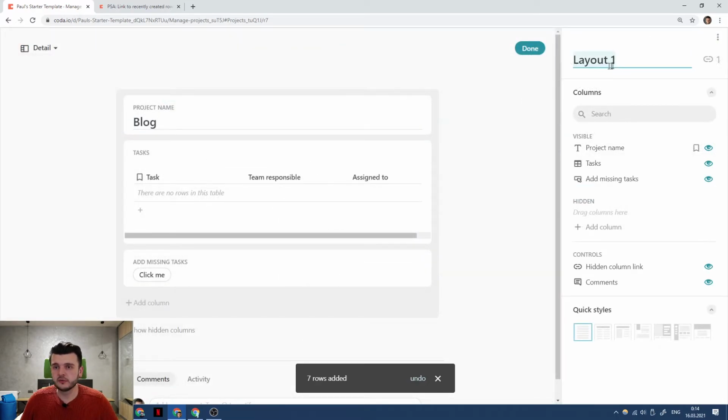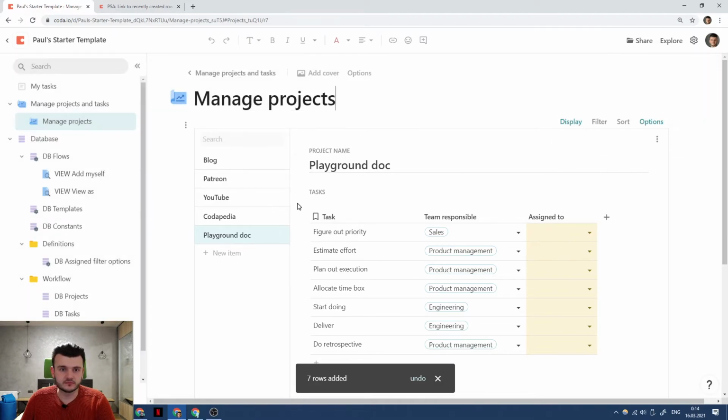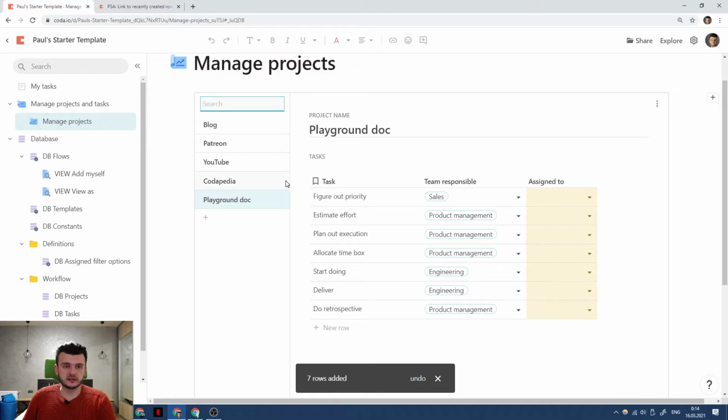Oh, and by the way, give your layouts good names. Don't name them layout 1, layout 2. It's a project view or something. Yeah, plus new item. I don't like it. We could hide the navigation perhaps, but again, maybe we shouldn't hide the navigation. What I would add instead,